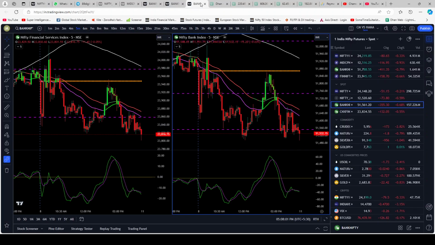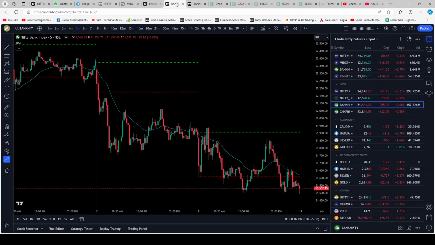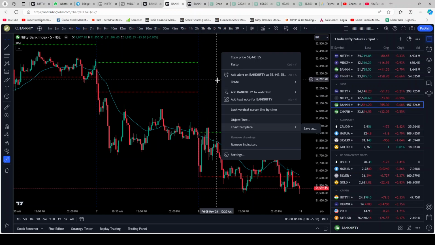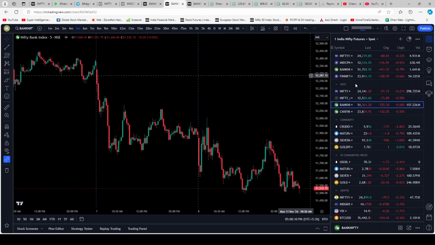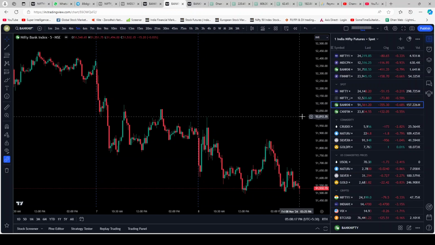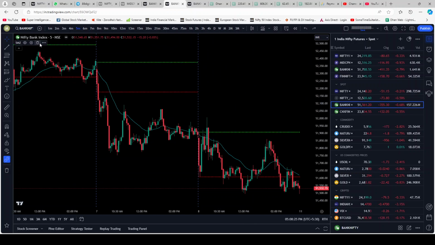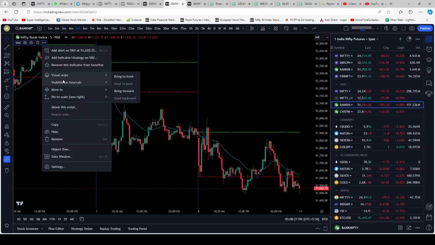So most of my channel members know that I'm specifically a 5 minutes trader. Most of the time I'm trading on the 5 minutes time frame. All right, so what I've got over here is Bank Nifty 5 minutes. I'm on the spot chart, no indicator currently on the screen, only sessions break is on, which is separating the days. That's about it. The indicator that we are going to be using is called this 5MZ, and when you